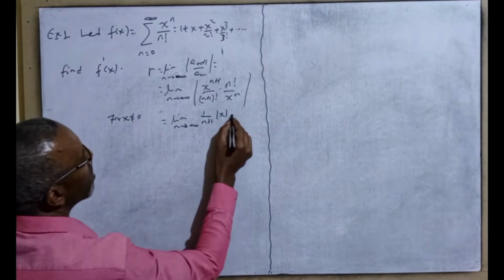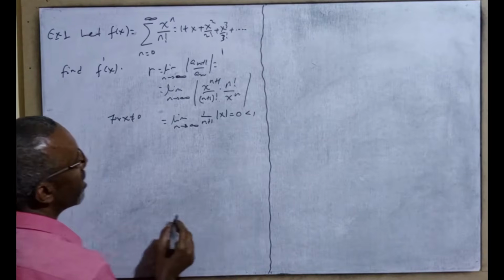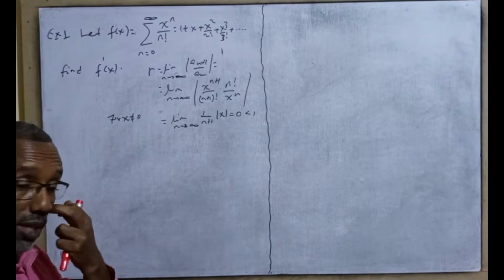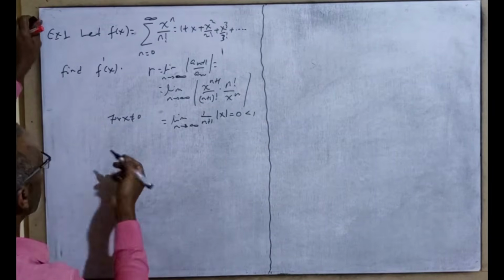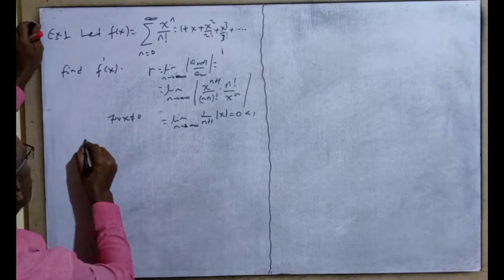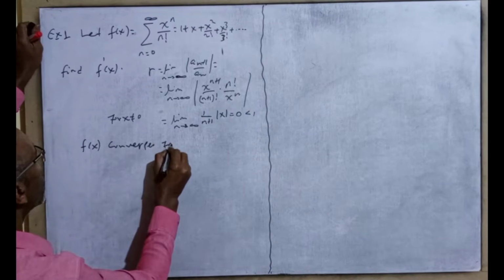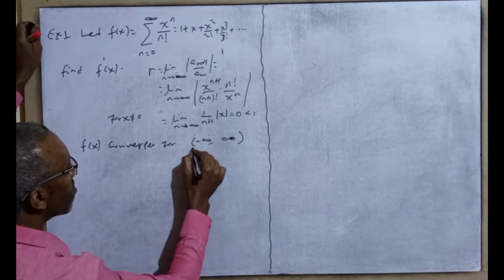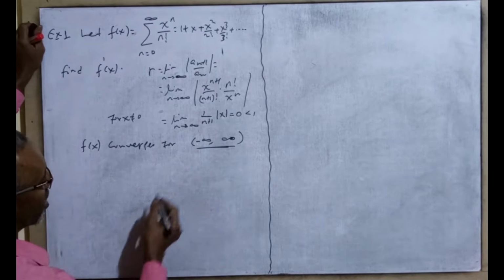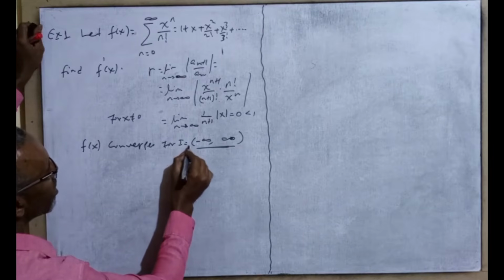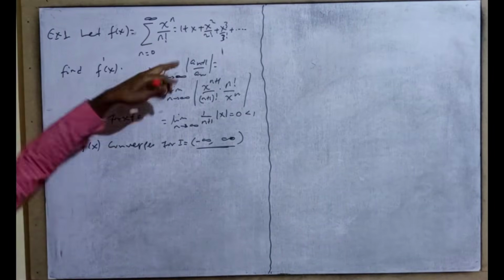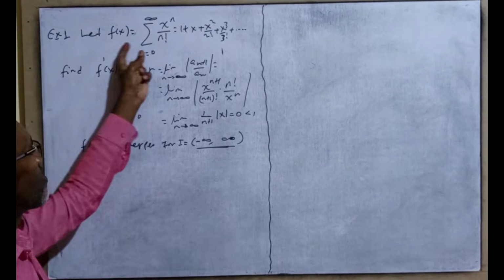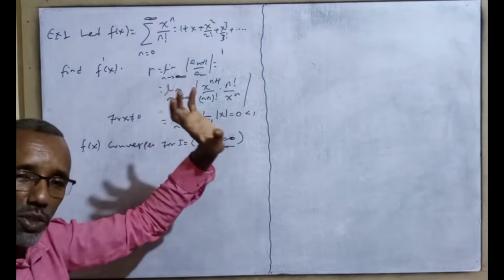this is 0 which is less than 1. therefore this function, this power series converges for all x ማለት ነው. therefore convergence interval of convergence አችን እንደሚሆነው ማለት ነው f of x converges for all x between negative infinity to positive infinity ማለት ነው። በዚህ ኢንተርቫል ውስጥ ምን ያደርጋል ማለት ነው? ኮንቨርጅ ያደርጋል። ኢንተርቫል ኦፍ ኮንቨርጀንሳችን በዚህ ሪጅን ውስጥ ይሆናል ማለት ነው። ስለዚህ ይሄ ፈንክሽን ኮንቨርጀንት ነው and the power series representation of this f of x is equal to x raised to n divided by n factorial ነው።